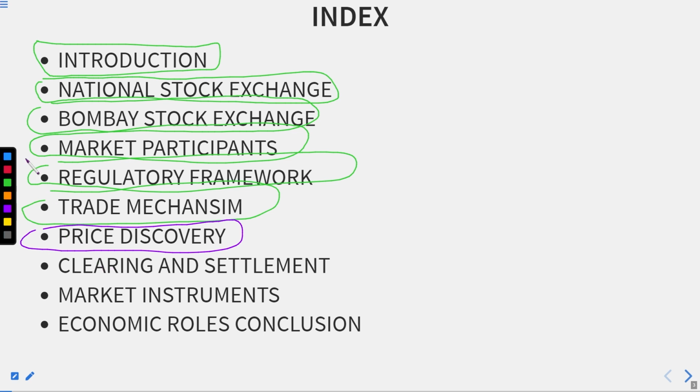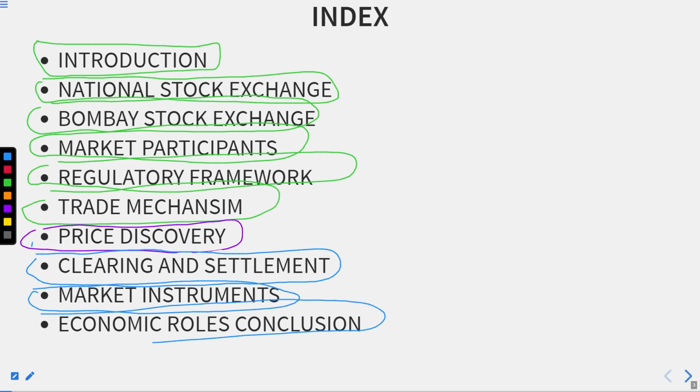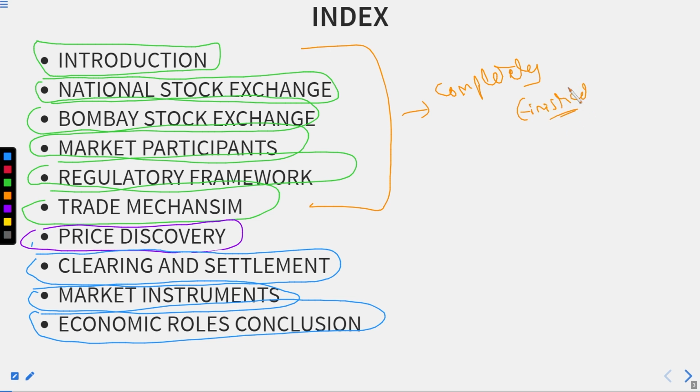We are left with the price discovery, clearing and settlement, market instruments, economic rules and conclusion. So all the green topics we have completely finished. All right,